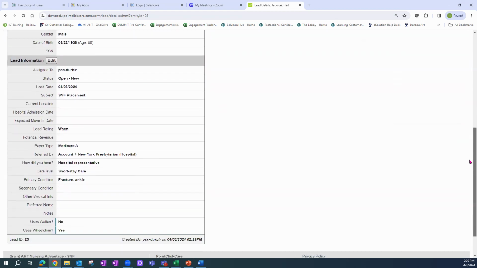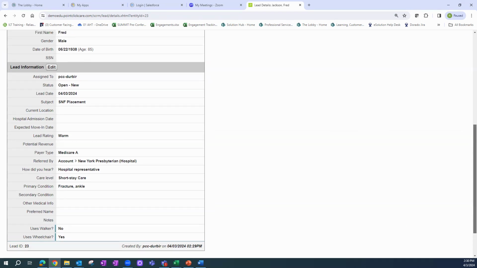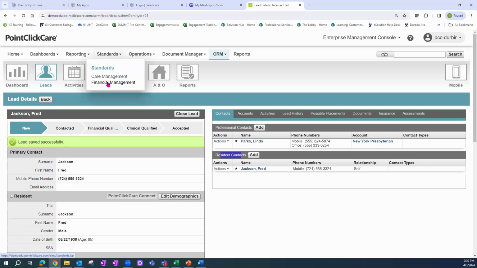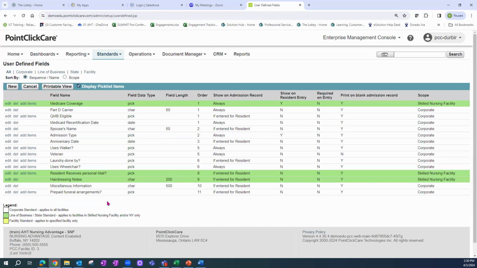But for the larger organizations, these user-defined fields, clients love them because certain parts of the system, there's no way to put things in. So within point-click care, under standards, financial management, your configuration team has a link called user-defined fields. Right now, you'll notice there's very limited items that are here. But again, I can make any of these, if I have the security, applicable to CRM,